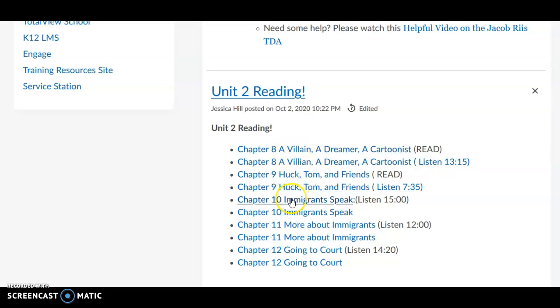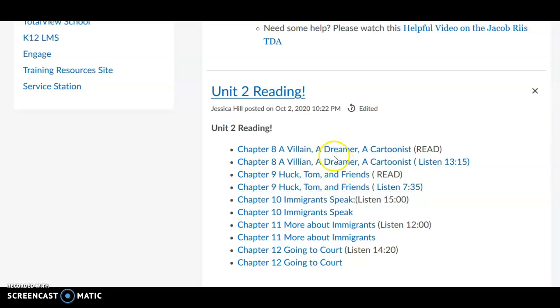If you were working on chapters 10, 11, and 12 today and you did not get to read chapters 8 and 9, do not backtrack. Wait and do chapters 8 and 9 after you're done reading these chapters, okay? I know I generally don't tell you to go out of order, but that is what I want you to do for these assignments because you will not be graded on this material here.